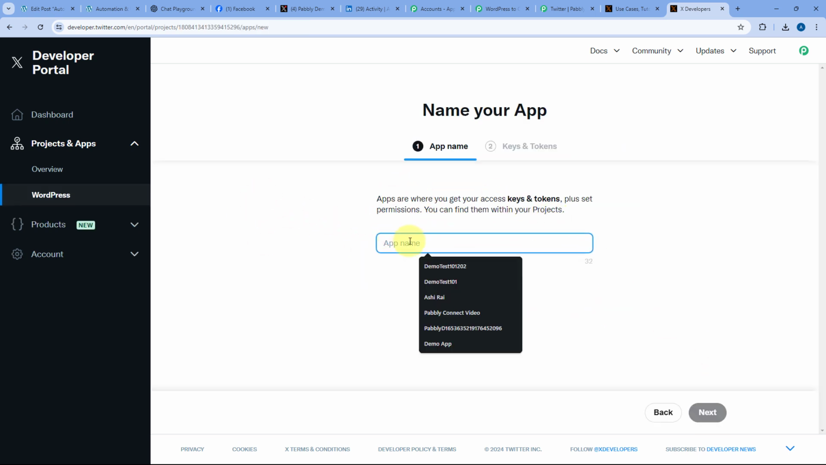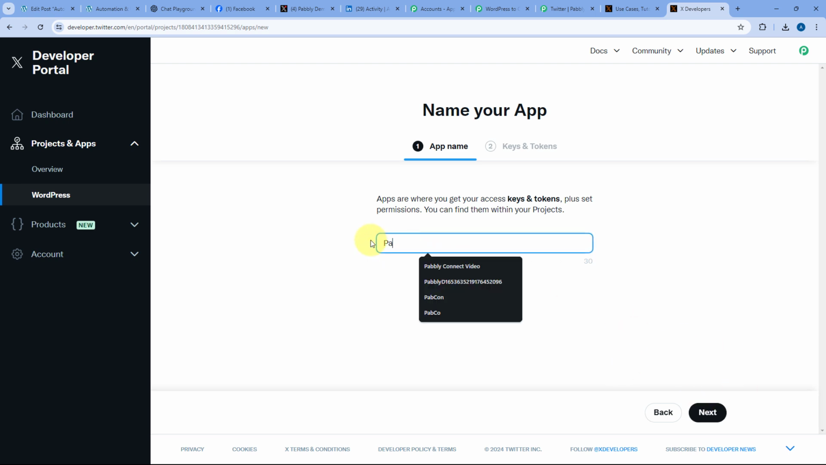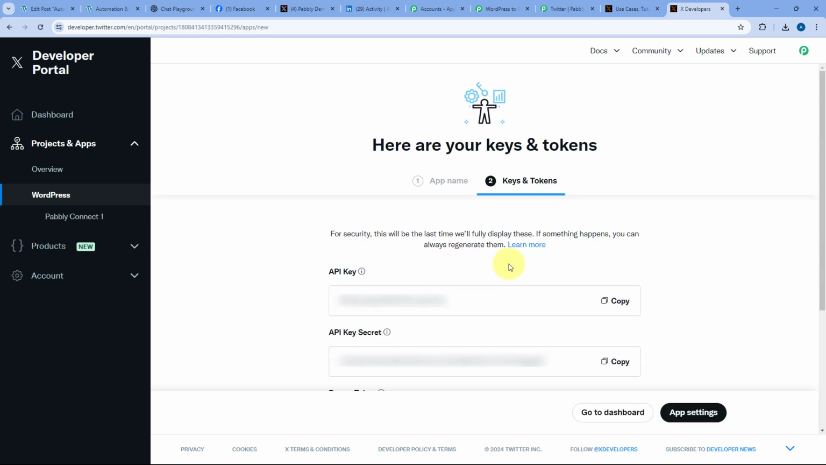Now after creating the project, it is asking us to create an app. So I'll name the app as PC, for example. I'll click on next. After that, it is asking us, the name is already taken. So I'll just name it as Pabbly Connect 1, for example. Let's click on next. And then after that, what we are going to do, we are basically going to get